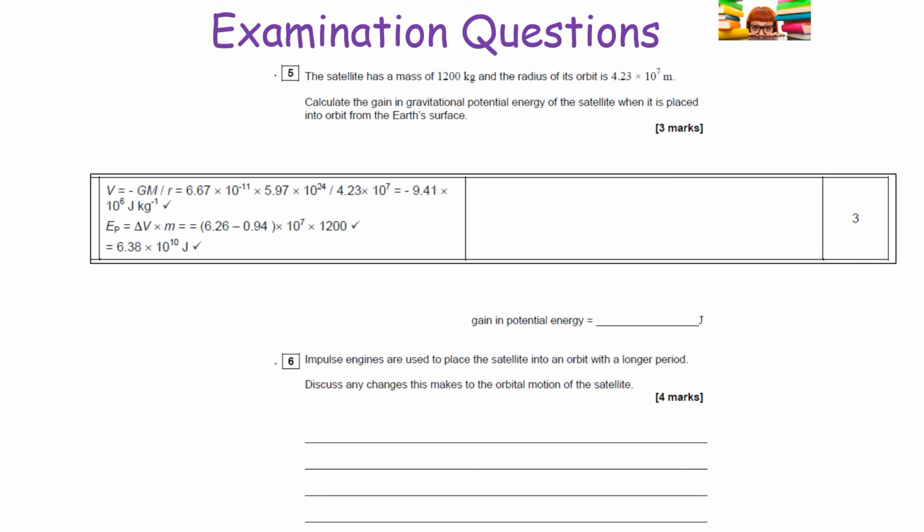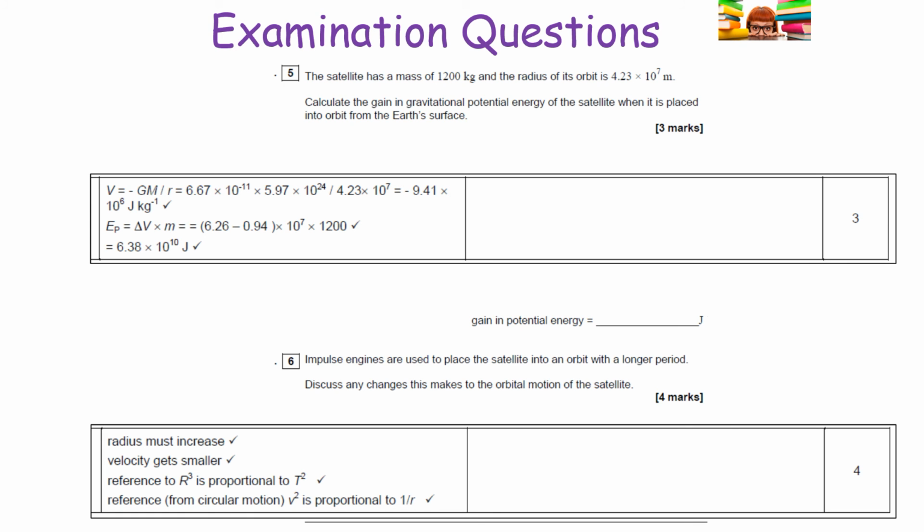Now it talks about the next question about what's happening in the orbital motion of the satellite when it's used to place the satellite into an orbit with a longer period. Now what you've always got to remember is when we're considering satellites, we know that T squared is directly proportional to r cubed. So therefore, if T is getting bigger, r must be getting bigger. Now if r is getting bigger, that tells us that there's a greater amount of the energy store of the orbiting body going into the gravitational potential, so therefore there's less in the kinetic energy store of the orbiting body, so therefore its velocity as it orbits is